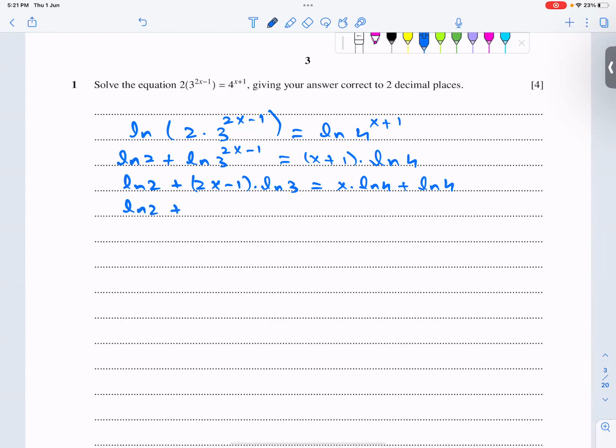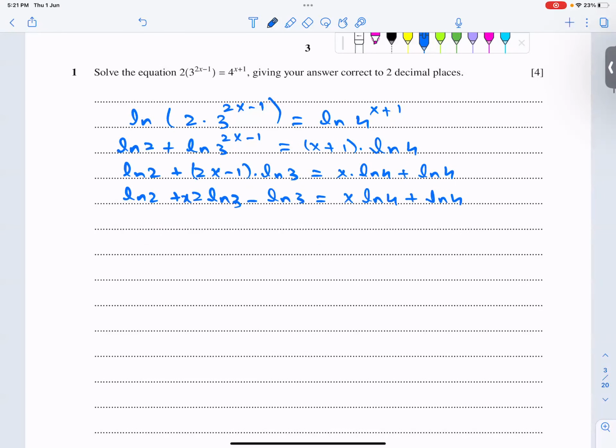ln of 2 plus, you can also multiply ln of 3 inside, that will become 2x ln of 3 minus ln of 3 is equal to x ln 4 plus ln 4. Combine the terms involving x, so 2x ln 3, this term, and then bring the other term x ln 4 on the left hand side. This will be equal to ln 4, bring ln 3 on the other side, that will become ln 3